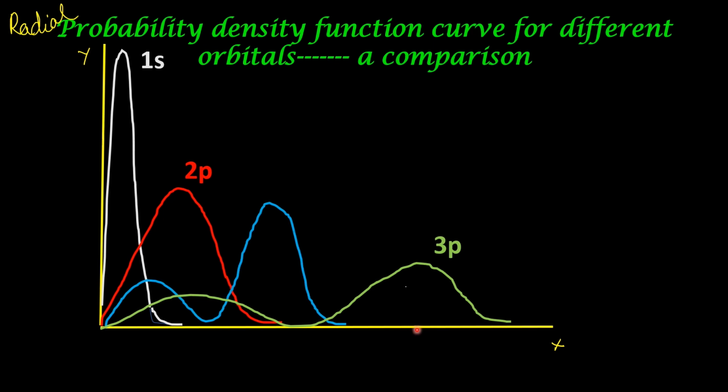See the curve for 2s. There are two peaks as we have already seen. This is a shorter peak. This is the bigger peak. And this area corresponds to the radial node. There is one radial node for 2s. Compare 2s and 2p. They can be easily differentiated. 2s has one node. 2p has no nodes. 2s has two peaks, one small peak and another big peak.